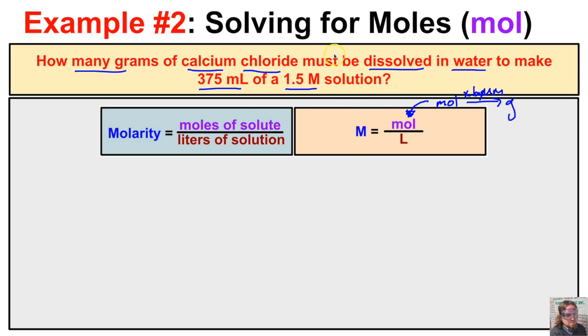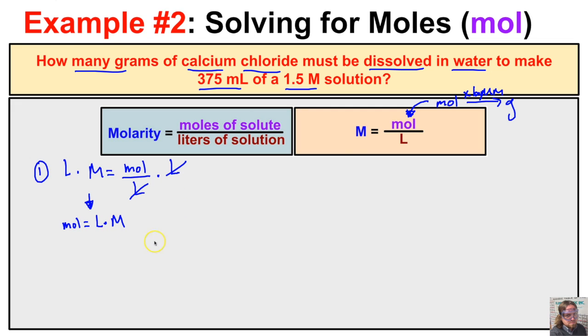So hopefully that makes sense, and so let's jump right into this problem. First of all, let's go ahead and manipulate this formula to where we can solve for moles. We know that the molarity of a solution is equal to moles of solute over liters of solution, and we're trying to figure out the number of moles of solute. So we're going to divide both sides by L. If we divide both sides by L, L cancels on the right hand side, and so the formula that we're going to use to solve this problem is going to be moles equaling liters of solution times the molarity of